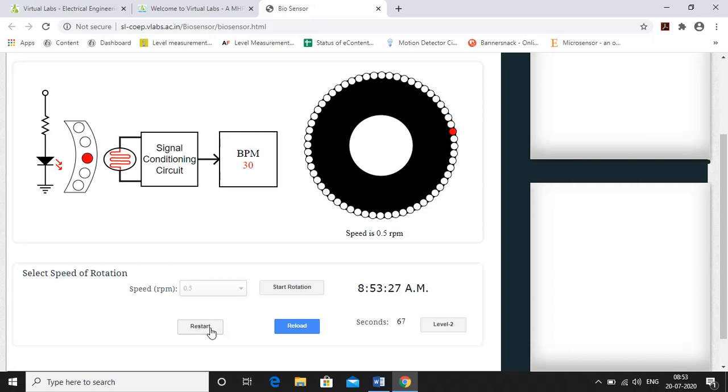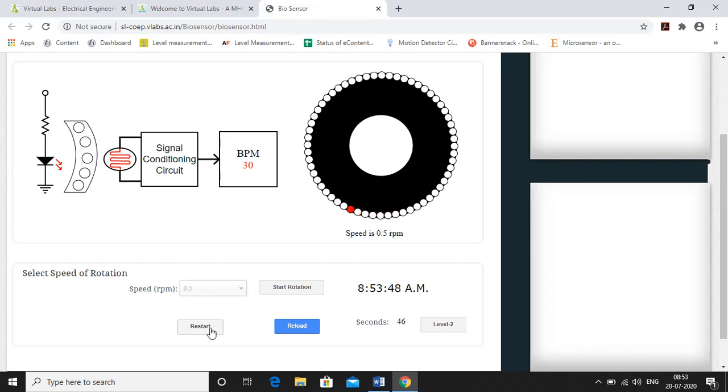So for different speeds you need to start the rotation. Then level 2 will be activated after a number of readings for different speeds. In this way we follow the steps we have seen earlier, and at the end you can measure the performance.